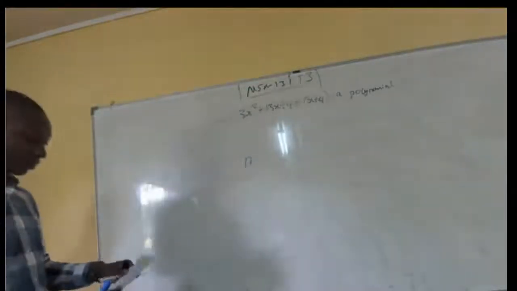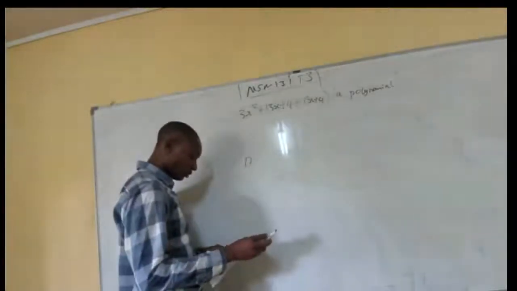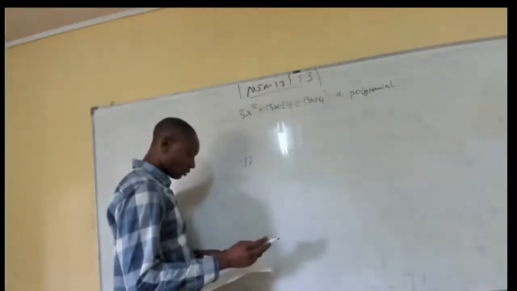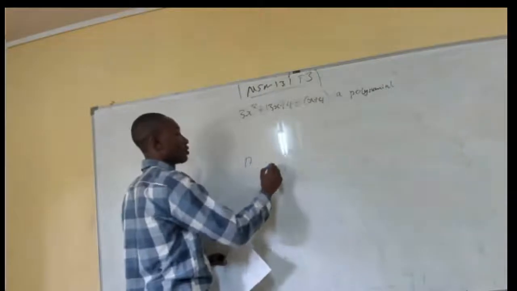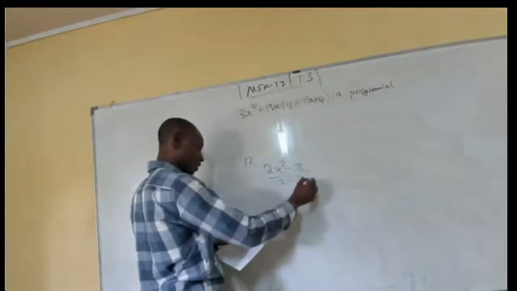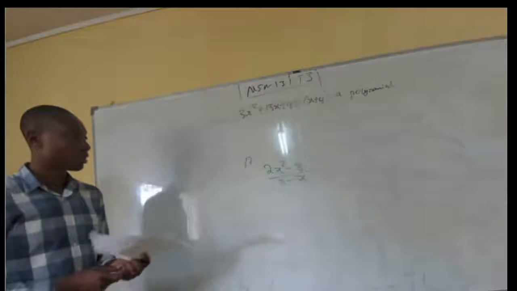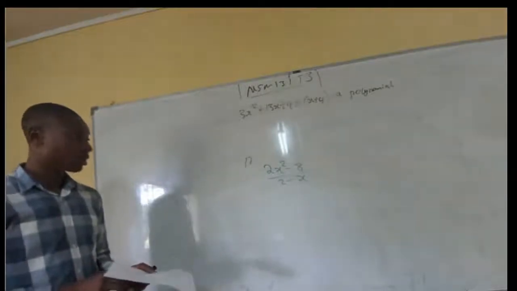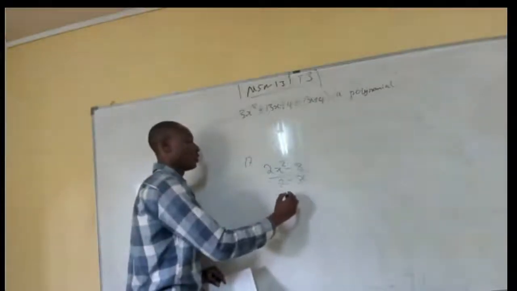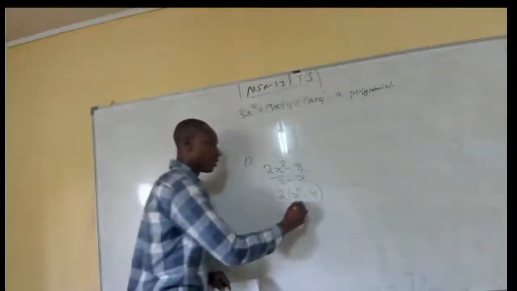Next question. We have 2x squared minus 8, over 2 minus x. Right, so how do I solve for that? Okay, so I'm going to factor out what's common in the numerator. So we have 2 times x squared minus 4, over